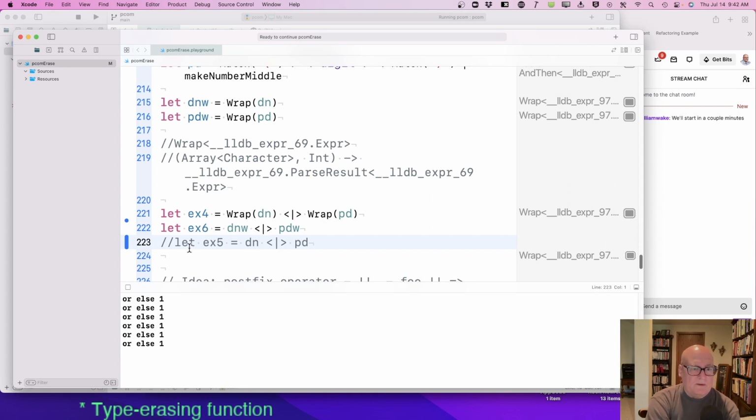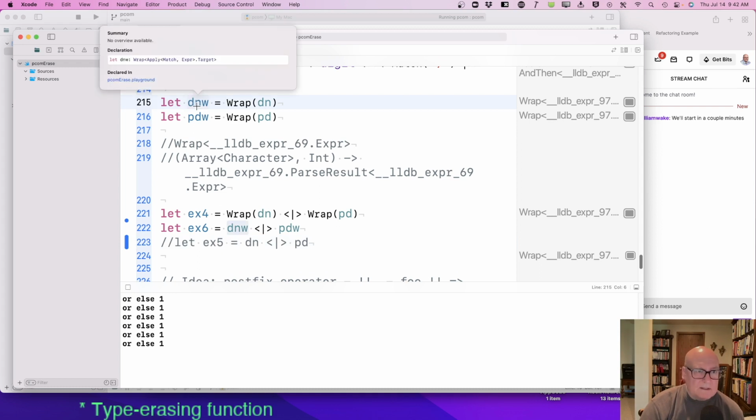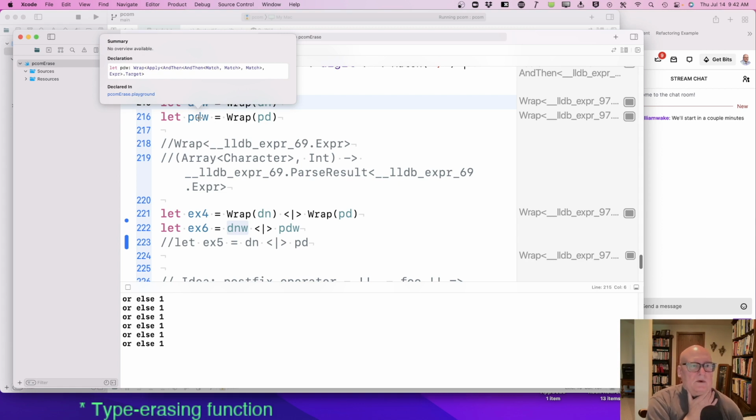If you wrap it, it's fine, whether you wrap it directly or put it in another variable. But DN, let's see, DNW. See, it says it's this complicated wrap target. But I think it boils down to expr. So I think wrap of all that dot target is expr dot target basically.